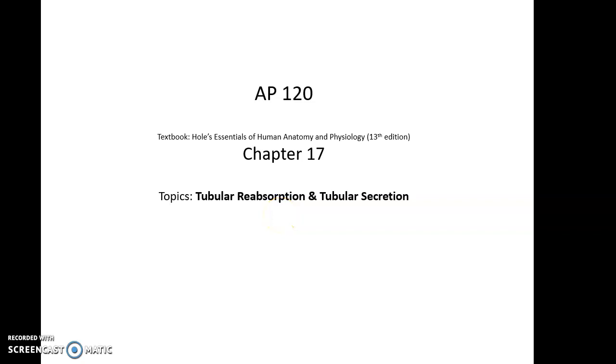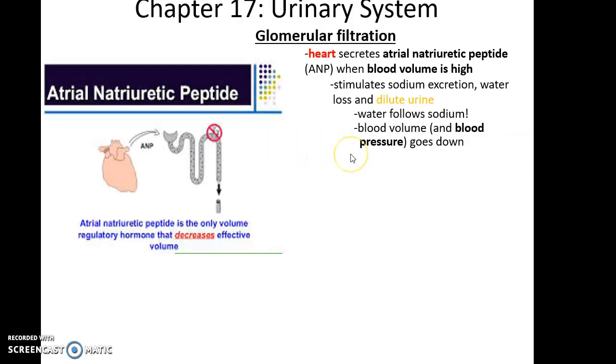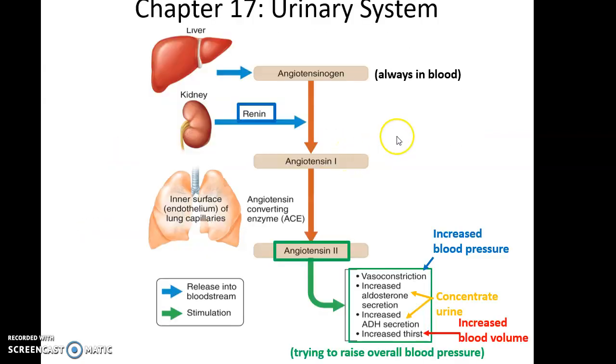So, AP 120, Chapter 17, topics: tubular reabsorption and tubular secretion. Before I go into that, I just want to go back to the previous lecture. I had been talking about angiotensin II and its overall effects on the blood and on the urine, and how